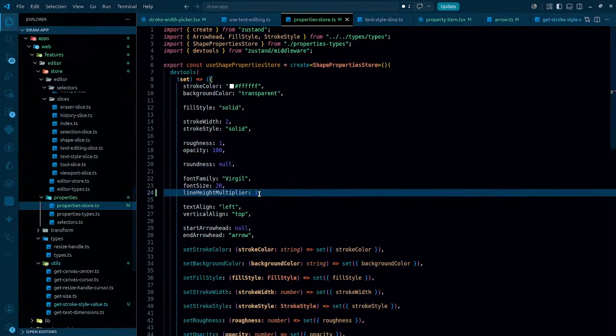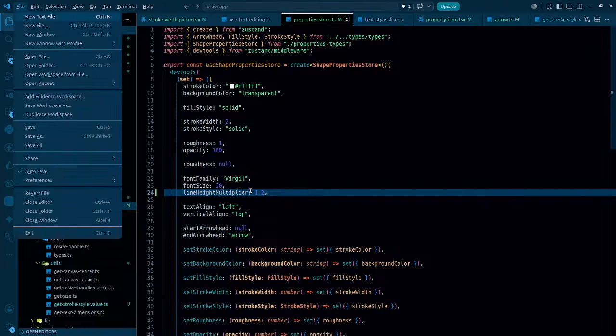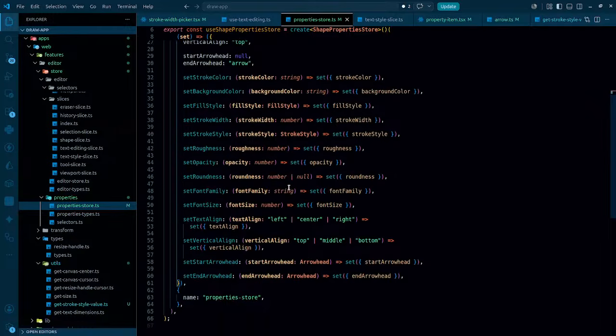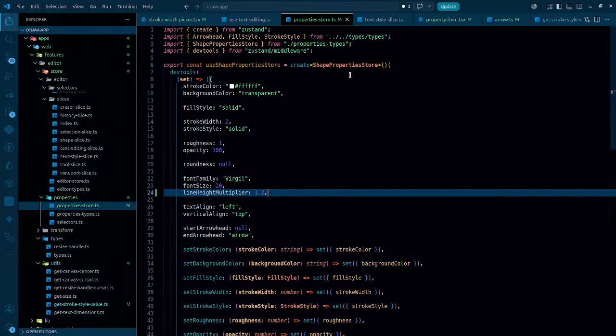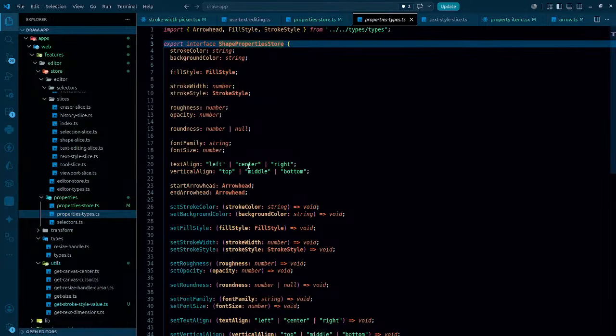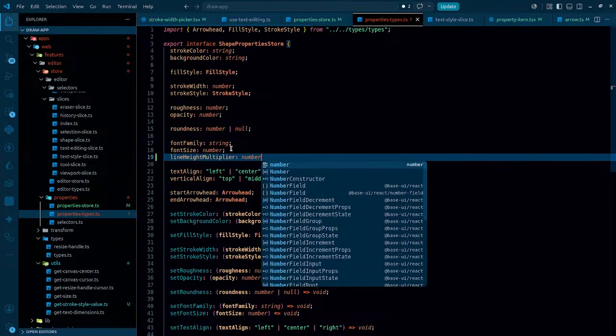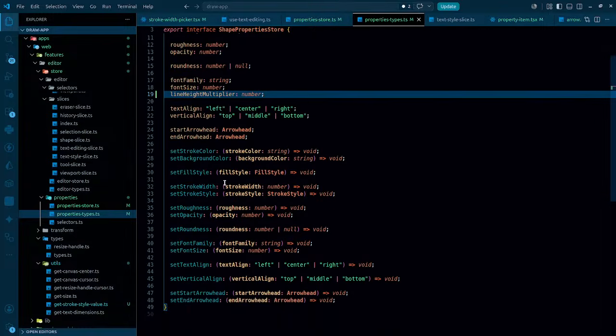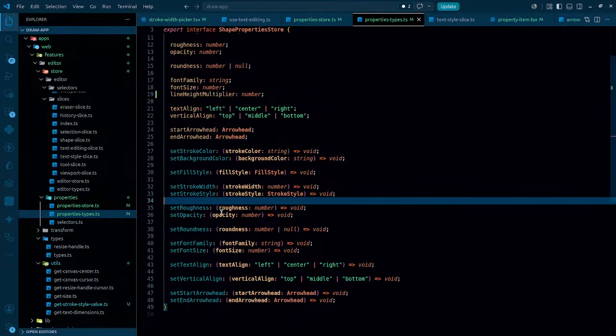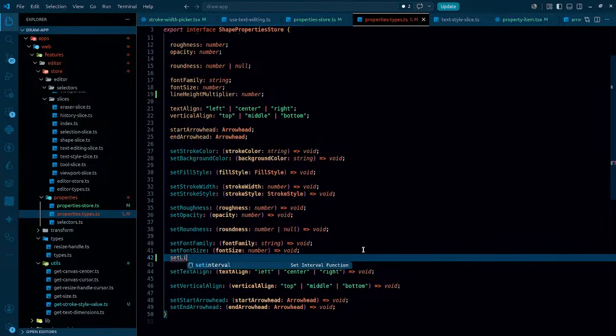So the default style of this is nothing but 1.2. At least this thing is clear. And once this thing is actually done, after that we need to have a function that I'm going to have line height multiplier in there. Line height multiplier, that's actually gonna be a number. And not only that, just below this set line height multiplier, we just simply decides the